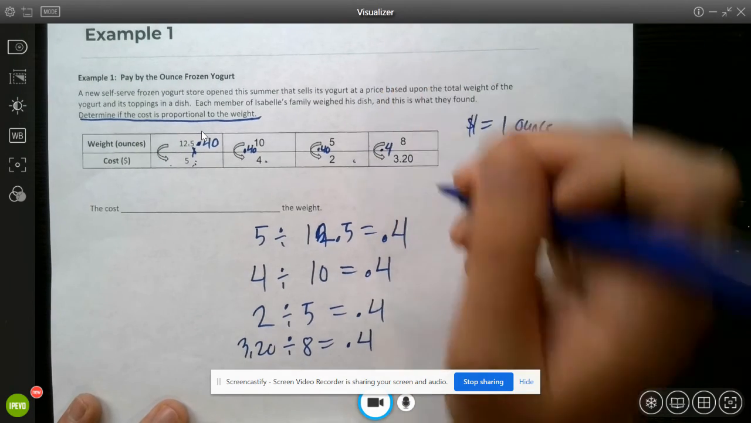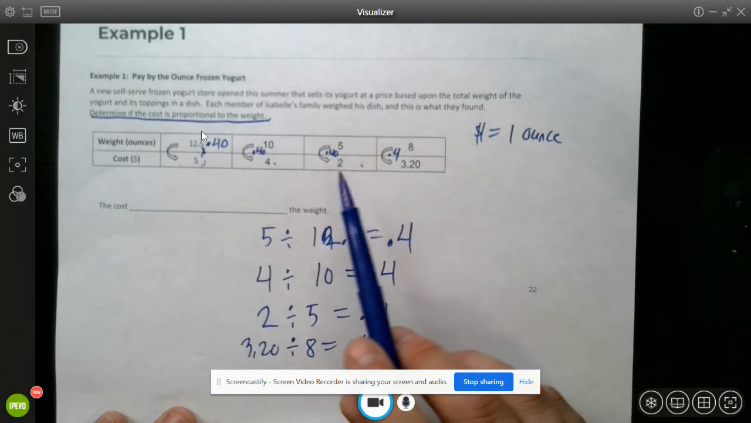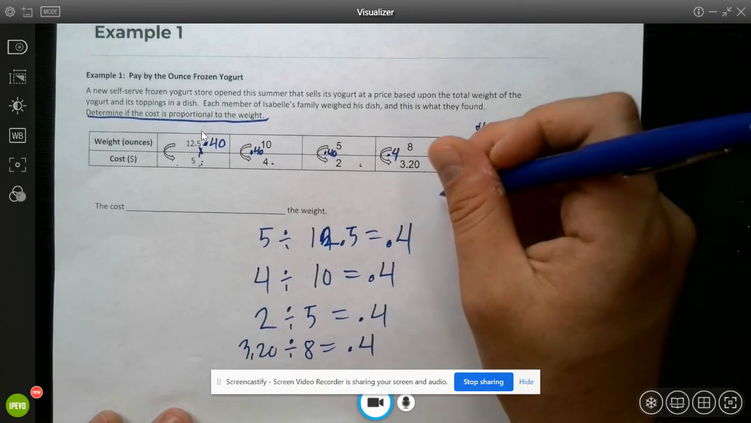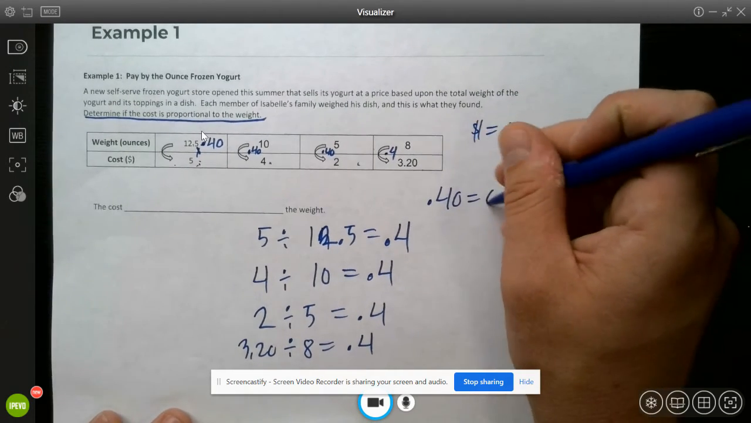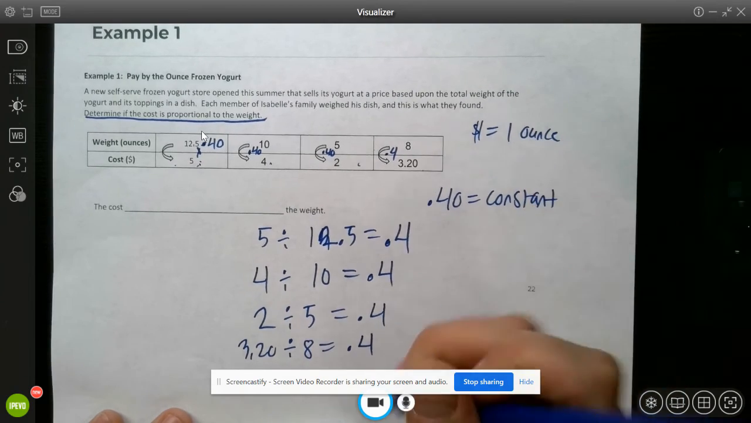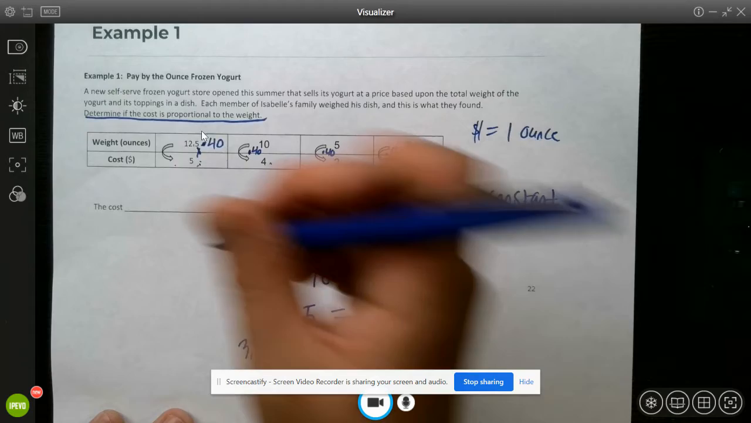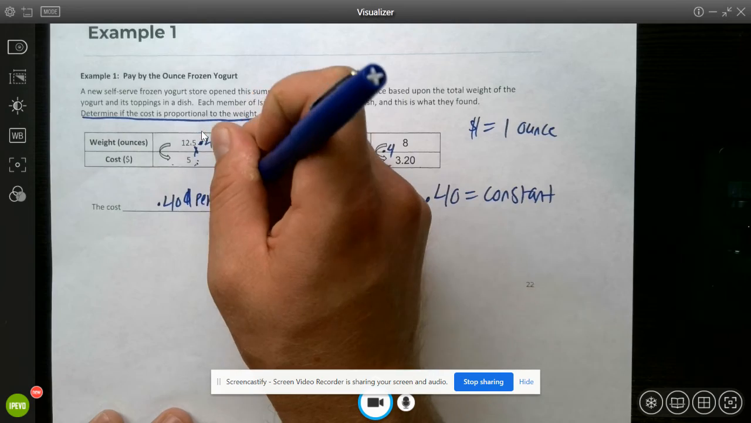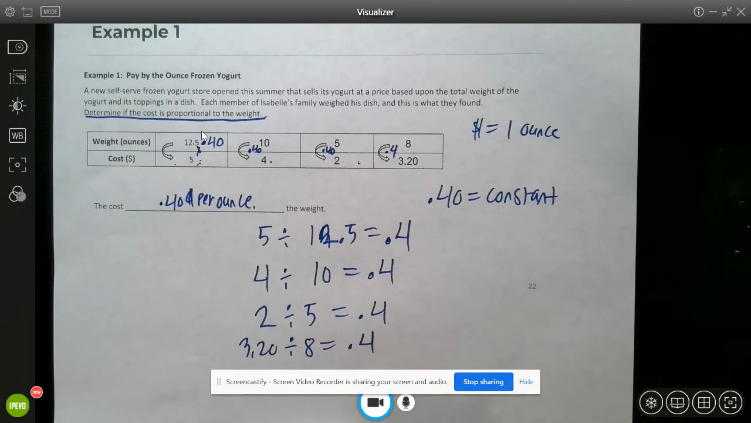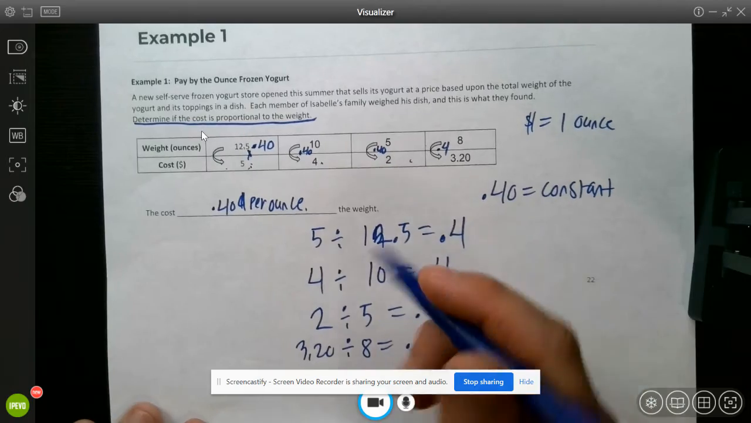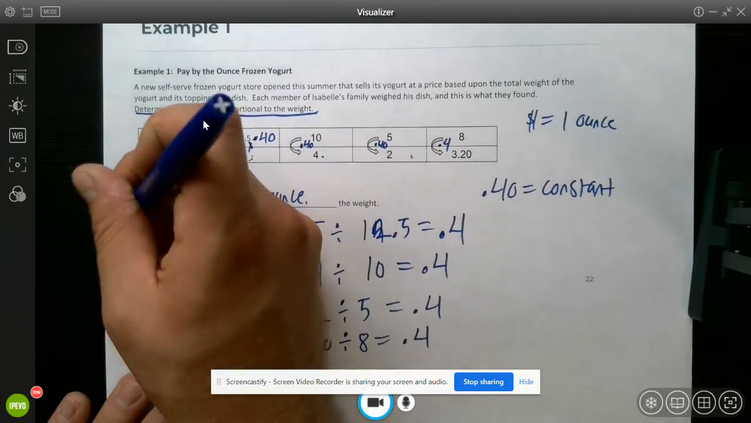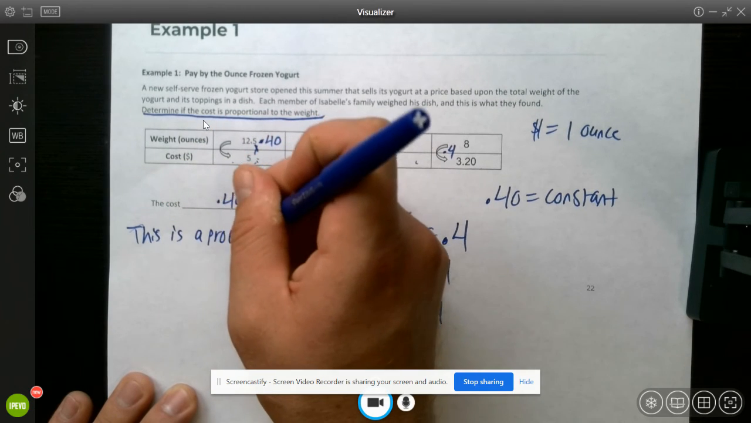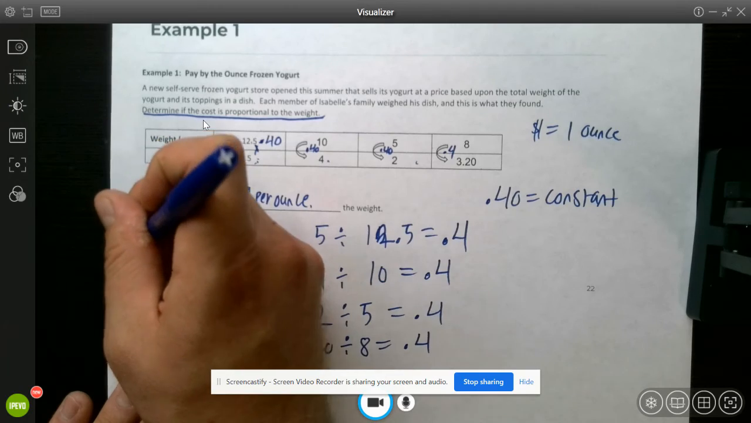So we know that in all these ratios they charged 0.4 or 40 cents per ounce, which makes 40 cents our constant. So the cost is 40 cents per ounce. And let's write our final answer in a sentence. This is a proportional relationship